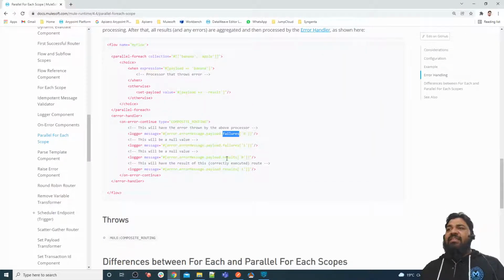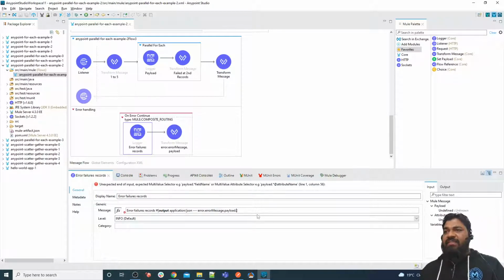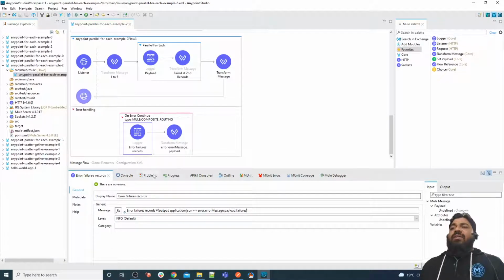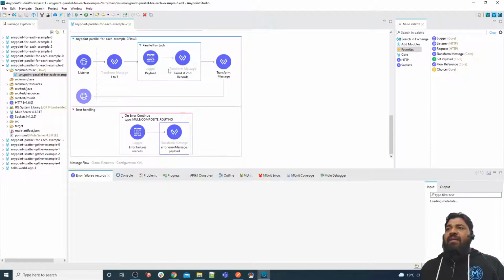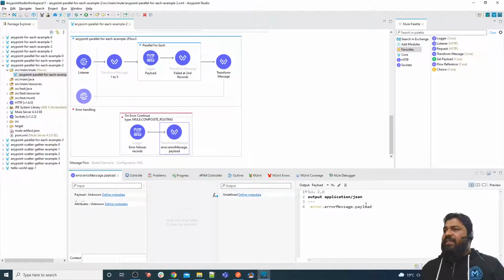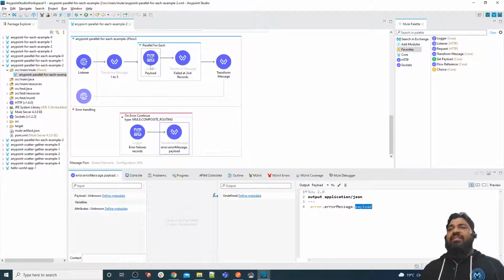Failures, and for success it gives you the result. And here I'm going to return the whole payload, including failures and success. What happens in many use cases is that we are processing records in parallel, and suppose our second record fails, but the first, third, fourth and fifth records are successful. At any point of time we need to retrieve both the success ones and the failure ones. So that's why we have this example.